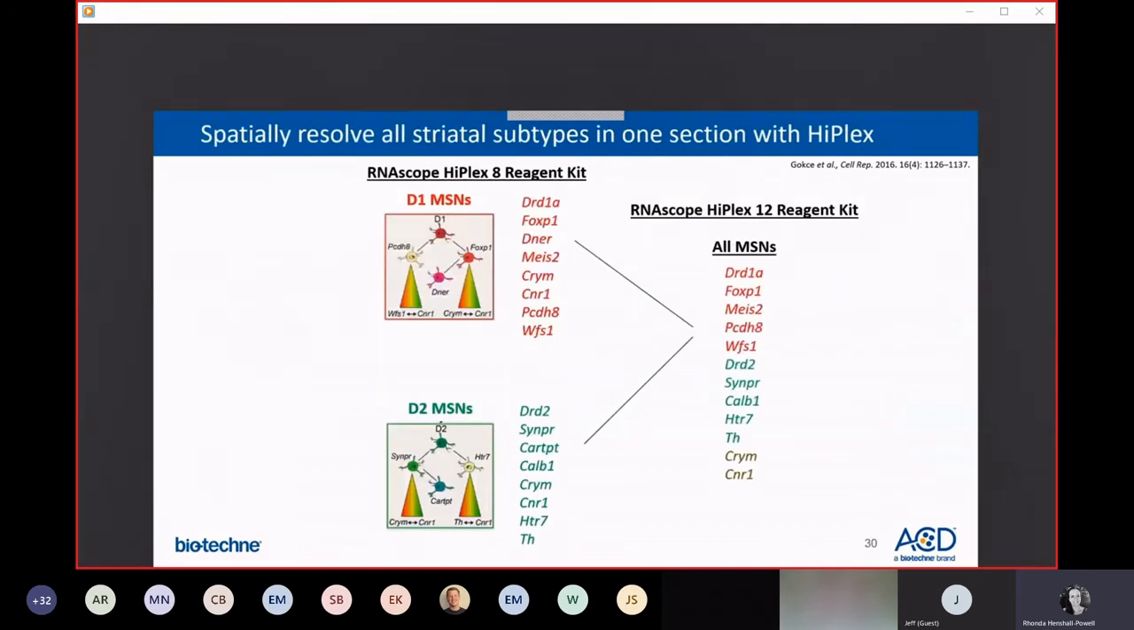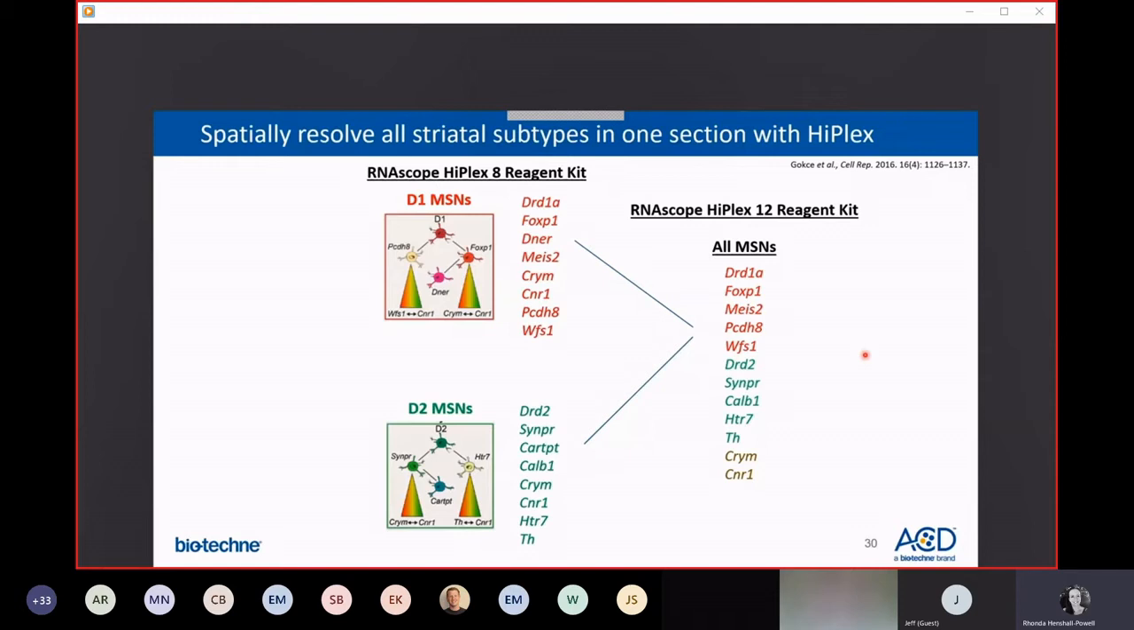And so looking at this paper, what makes this a really great data set for validating with HiPlex is that the gene signature that defines the D1 medium spiny neuron subtype is comprised of 8 genes. So you can easily get at it with the HiPlex 8 reagent kit. And likewise, the D2 medium spiny neurons are also pulled out by a panel of 8 genes. But then 2 of these genes are common to both subtypes. So with a panel of 12, with the HiPlex 12 kit, you can spatially resolve all of these subtypes in